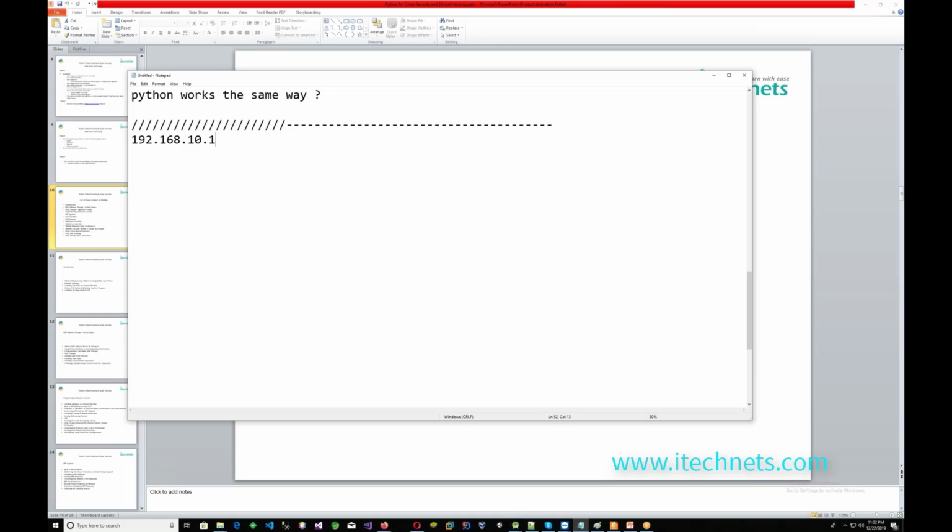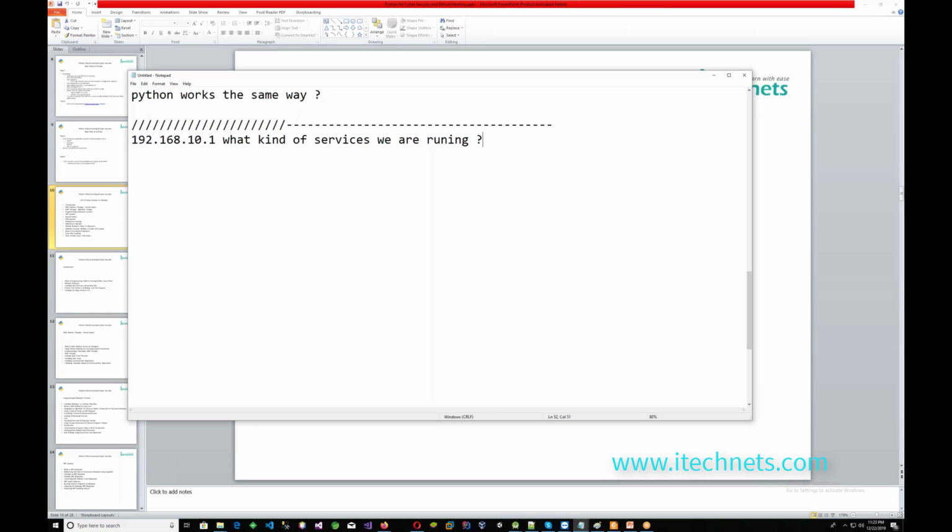What I want to do with this IP is find what kind of services we are running and how many services we are running. We are going to learn how to find services running inside this IP.